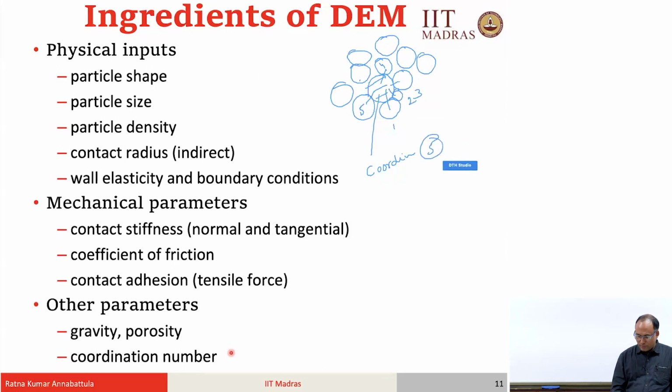Now, let us look at this fellow. For this guy the coordination number is 1, 2, 3, and for this guy 0, right, and for this guy 1. So, each particle in the system has a different coordination number. But this will change in the next instance. Exactly. So, imagine a scenario